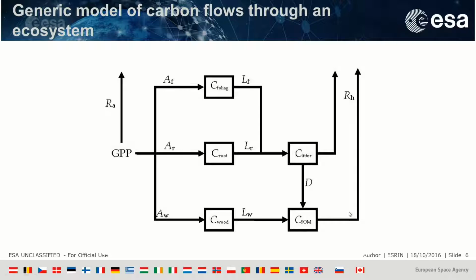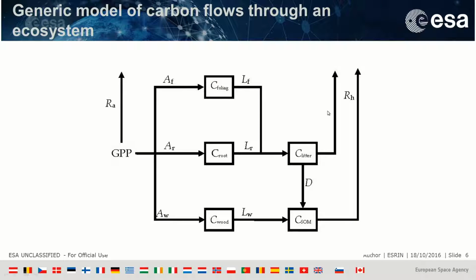But then these litter pools decompose and go into the soil. Then these pools on the right also are decomposed by fungi and by bacteria and so on, and they respire. So this is heterotrophic respiration. Now, the carbon balance of that system: what comes in is GPP, and what goes out are these